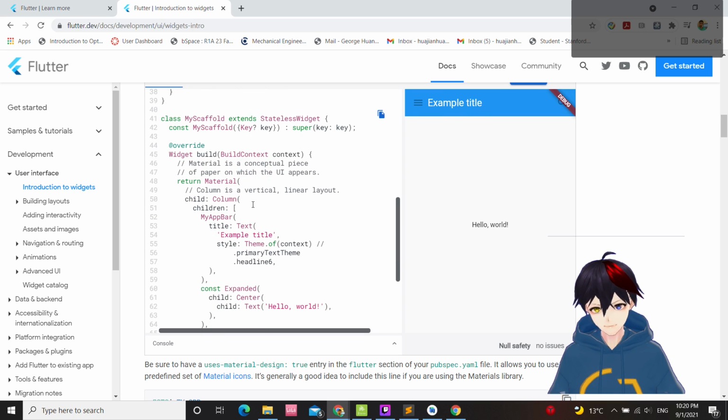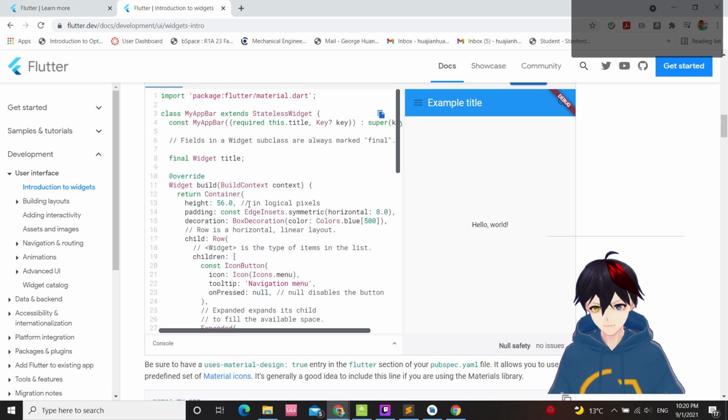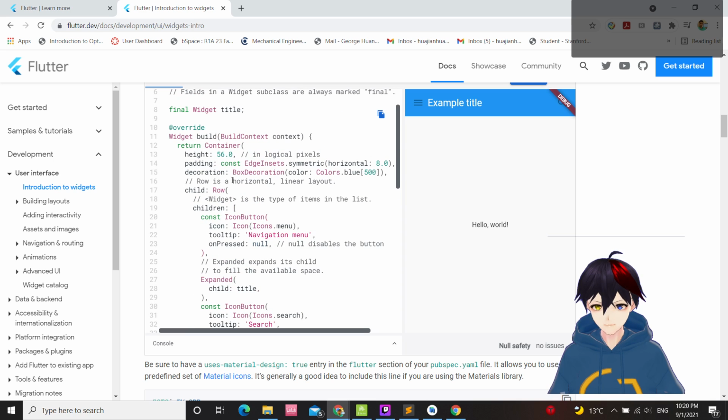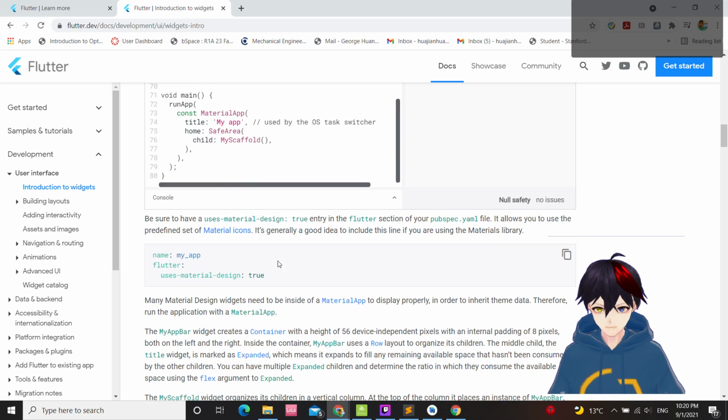Interesting. The container is all this without the example title, okay.